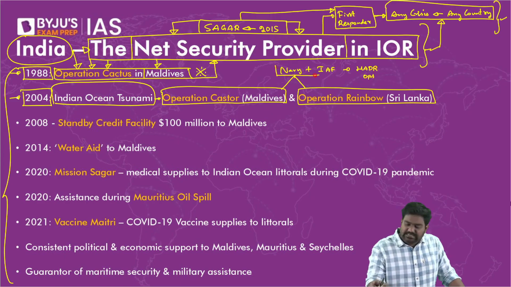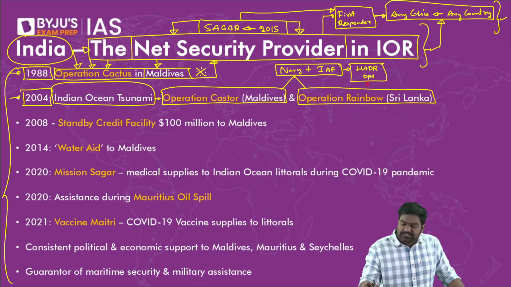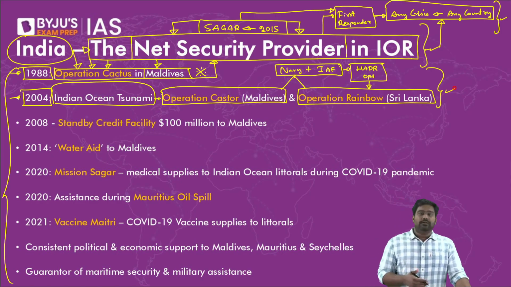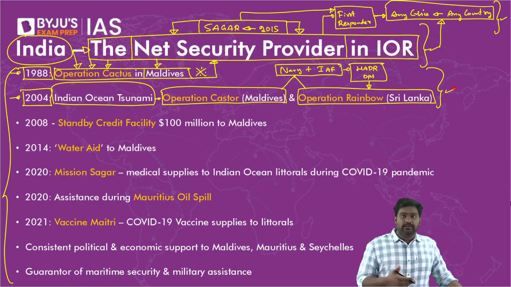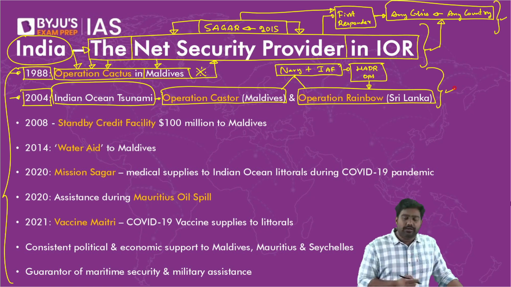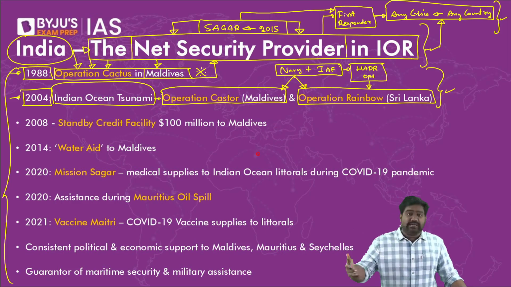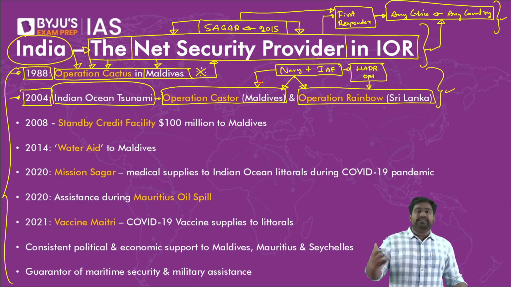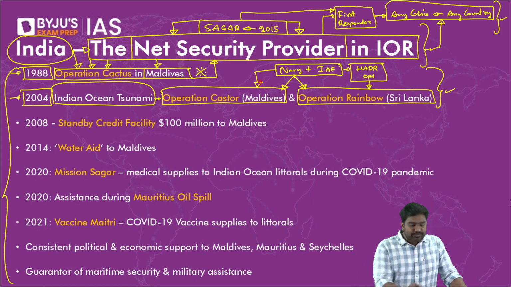Humanitarian assistance and disaster relief was provided by Indian forces to these friendly countries, even though India itself was badly affected, right? More than 1 lakh people in India were killed in Tamil Nadu, Andaman Nicobar, and along the east coast of India. So despite India being affected, we helped many other countries. Maldives, Sri Lanka, and even Thailand and Indonesia were helped out by India, where Indian forces reached out to them and provided basic disaster management assistance.